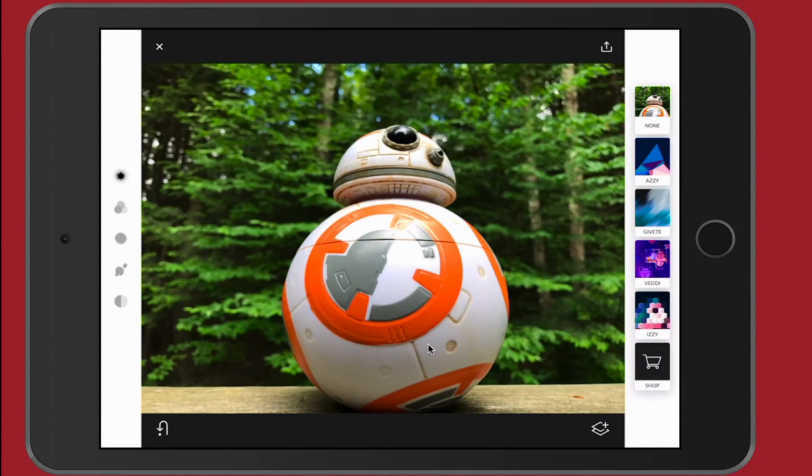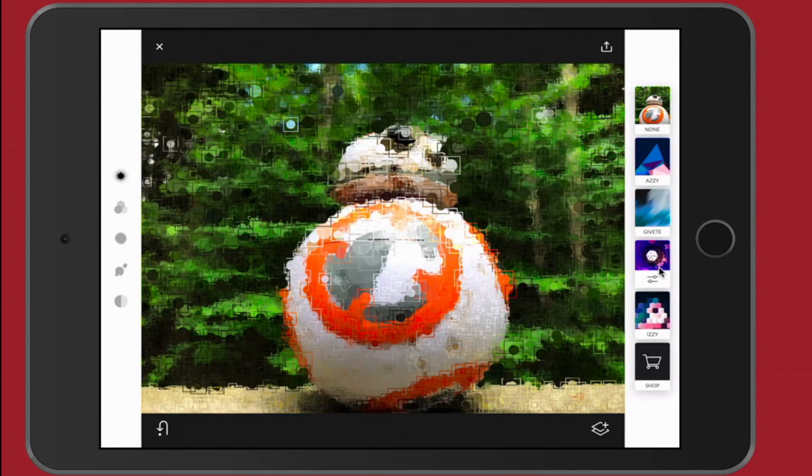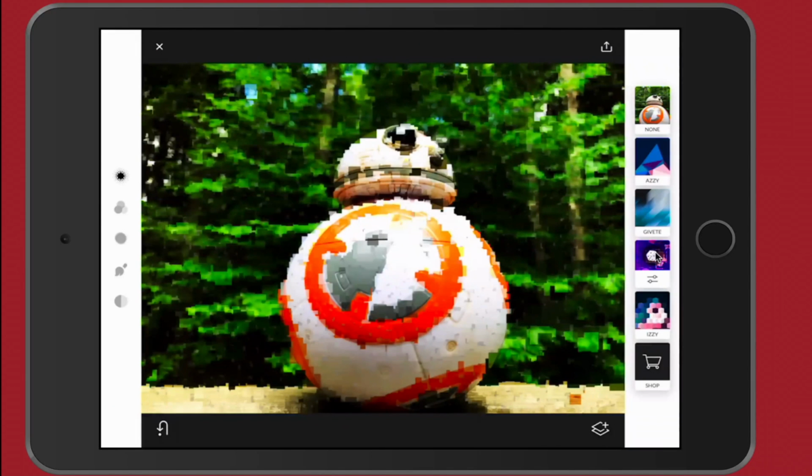So I got the BB-8 here, and I'm going to go ahead and select one of these particular effects. Let's go with the Veti right here. This one looks kind of cool. So you notice that it applies this effect to it, and it makes it look all weird. So now I have 2 options. If I don't like this effect, I can tap the dice tool right here, or I have these 2 slider toggles, and that allows me to have more settings. So what the dice does, the dice is going to mix it up. It's just going to give me a random type of effect. So let's go ahead and tap that one time, and you'll notice that it's working,